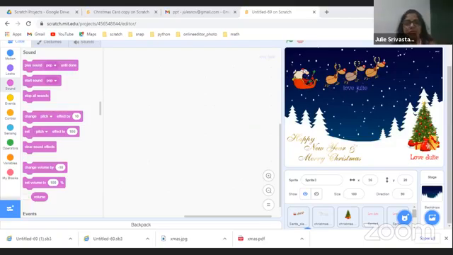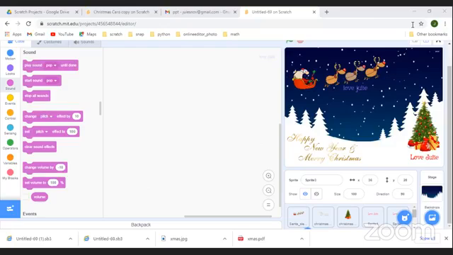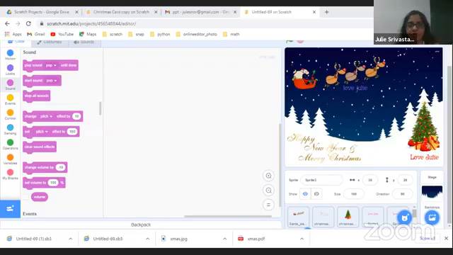So it follows some order. The text won't disappear, but if you add it as a sprite, it might disappear. When you're adding a sprite, you have to ensure that the first sprite shows first and the second one shows second, and there are other options which you will learn more about when you join the course.